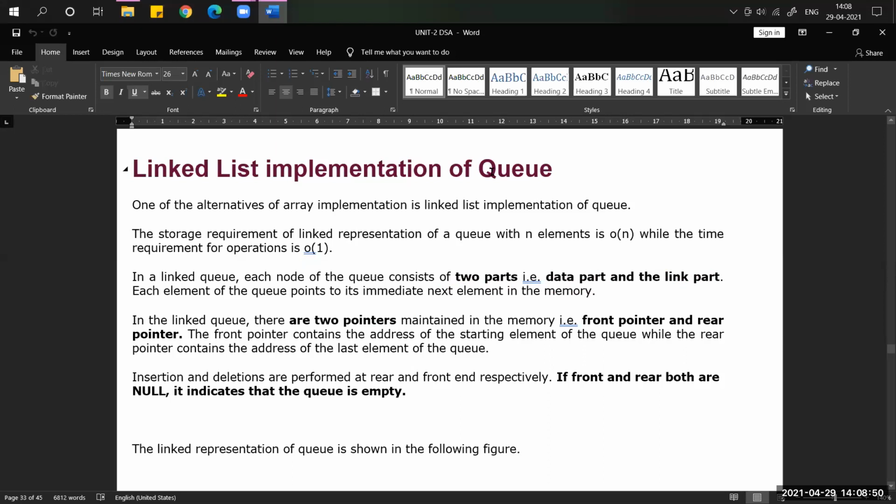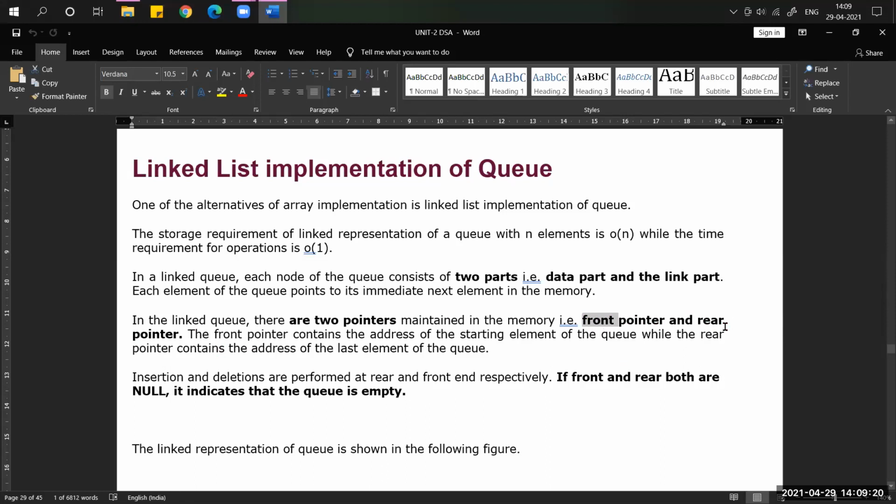And one more thing, we are talking about the queue concept, right? So whenever we're talking about the queue, we have to remember two variables. What are those two variables? Front and rear. If you want to delete any node from the queue, at the front variable only you can perform the delete operation.